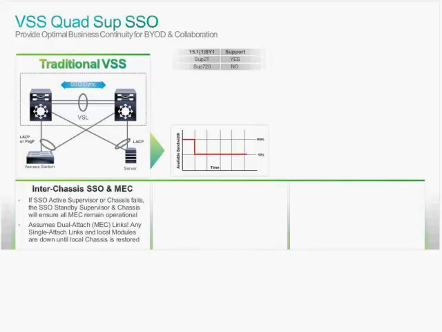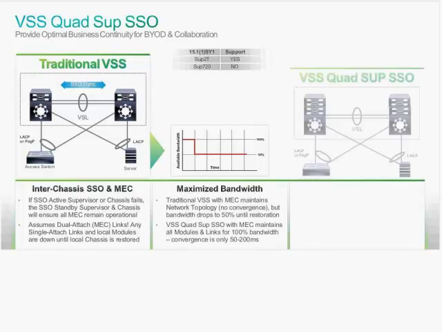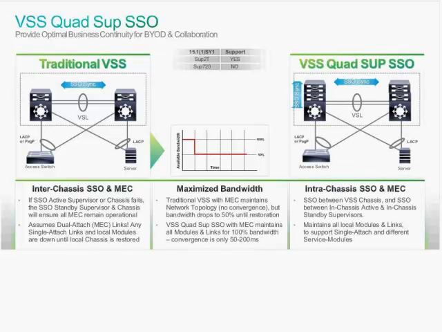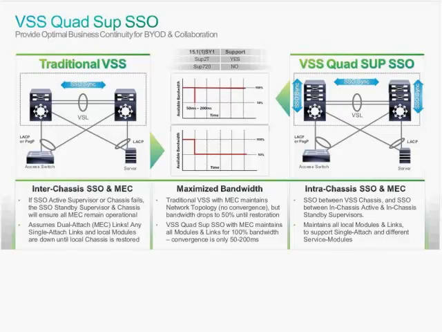Now, this is a traditional VSS, and what we wanted to do was go to the next level of hyper high availability. And with that, what we bring is a situation where you have two supervisors in each chassis, and they are in sync. They are in SSO sync between them, and also SSOs across the chassis. If one of the supervisors in one chassis fails, within 200 milliseconds, it actually converges to another supervisor on the second chassis, on the standby chassis. So you do not lose 50% of the bandwidth because the second supervisor takes over,